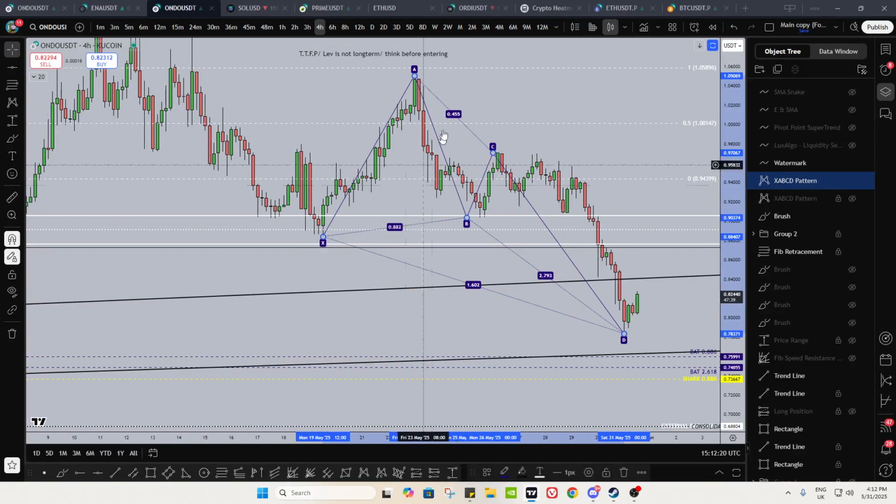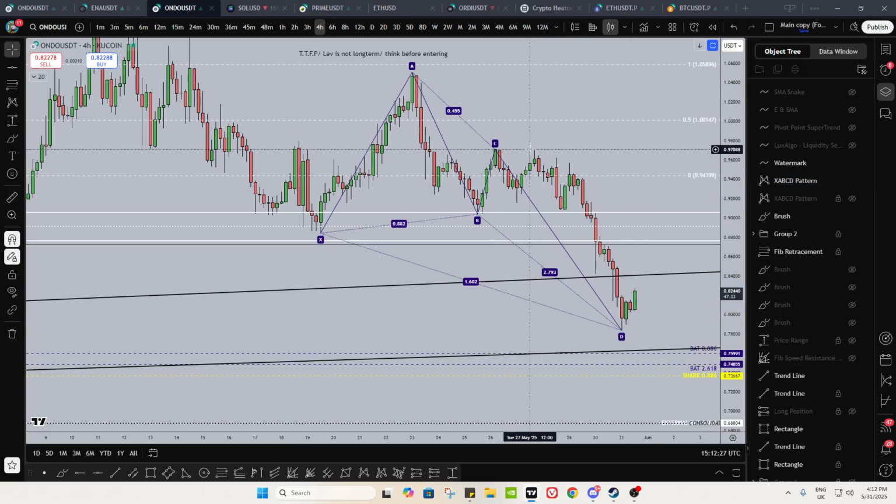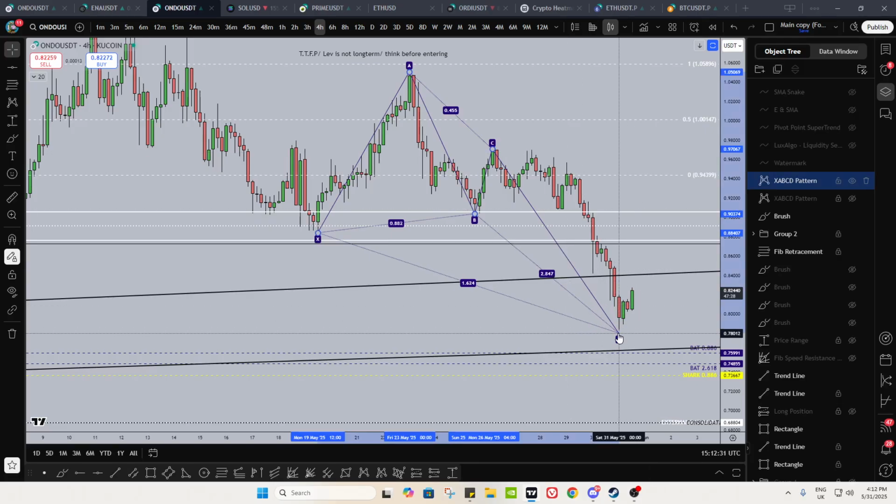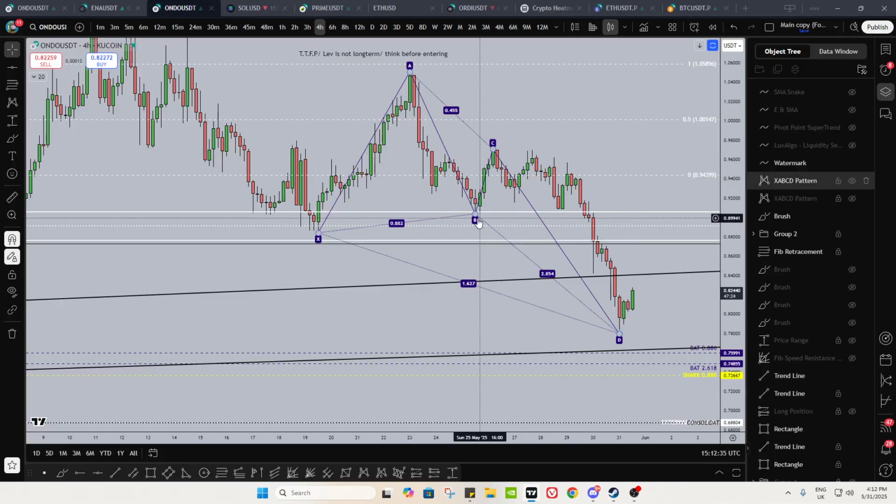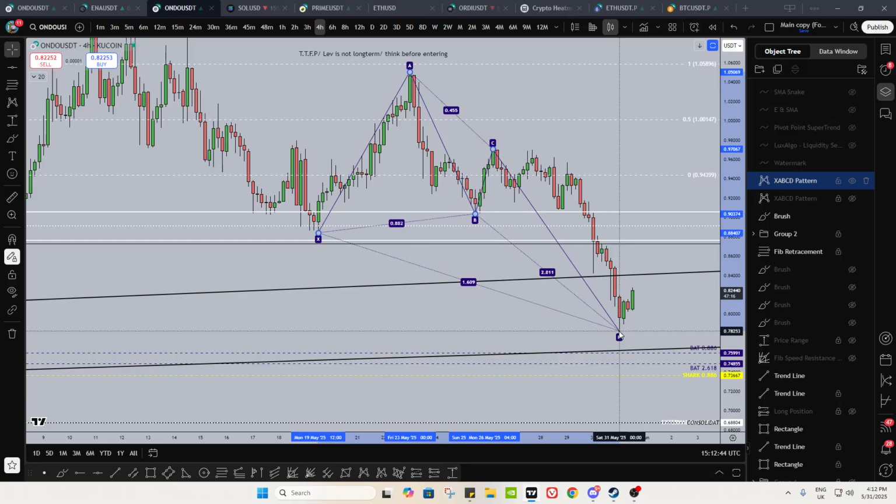Honestly, if there's one style of TA that I'm glad I learned from someone else, is harmonics. Because honestly, this thing has made me so much money over the macro period. We've not hit the 1.618 quite yet, right? But that doesn't matter. We might get one more flush down to it. That's the 882, 878, 882. 1.618 is going to be right over here. One more flush down, please. I don't really care. Like, that's pretty much a 1.618 anyway.